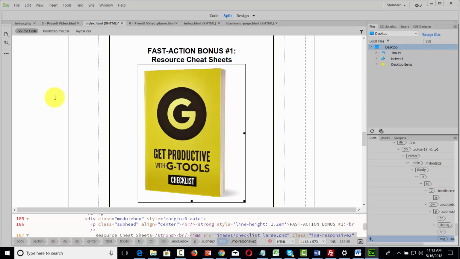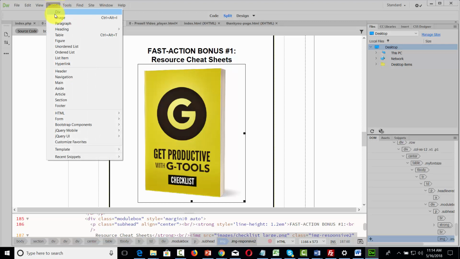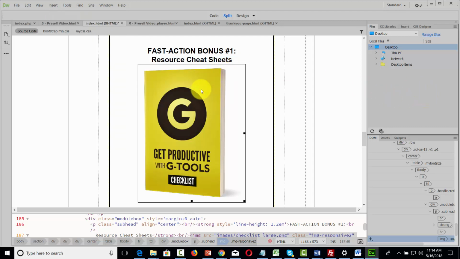Welcome back. You will also want to know how to insert images into your page or how to edit images. And the easiest way to do that again is going to be to use your insert command, and then you'll be able to use the image link to do that. Now, if you have an image already on the page and you're looking to edit, if you highlight the image,